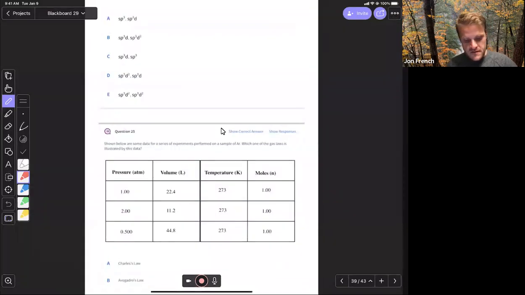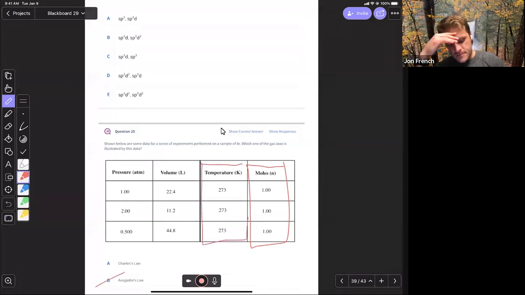For question 25, right, shown below are some data for a series of experiments performed in a sample of argon. Which one of the gas laws is illustrated here? So if we take a look, right, we're not changing moles. Moles stay constant, so it's not Avogadro's law. We can cancel that out, all right? Temperature is also